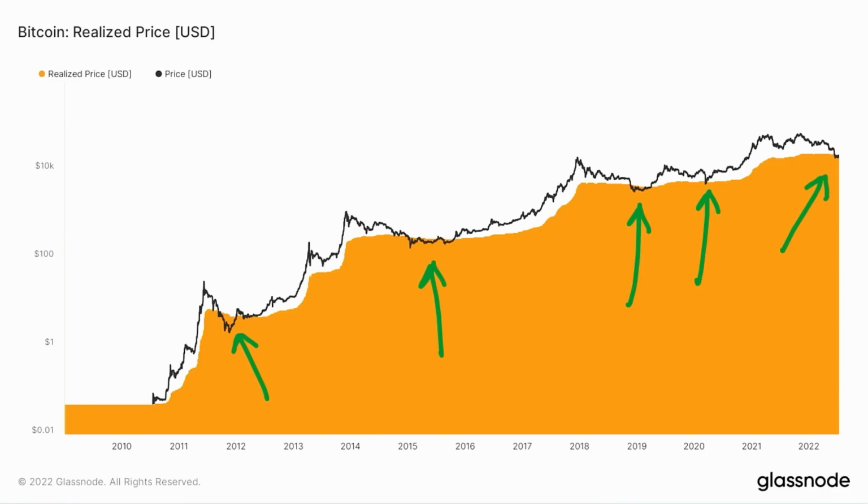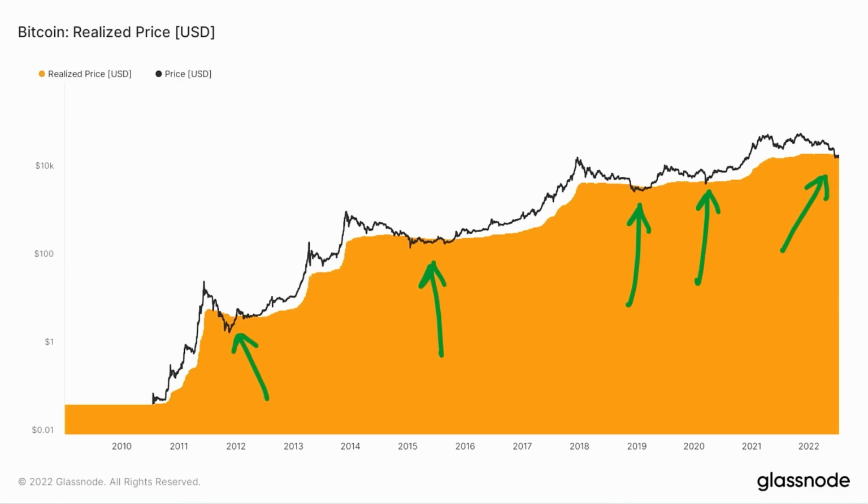Every single time Bitcoin has dropped below realized price, look what's happened to the price. Over here, dropped below it, and then we had a massive bull market afterwards. Over here, dropped below it, massive bull market. And look, this is a log scale, it's not linear. So over here, we had prices around $100, $200, $300. Yeah, I know the price back in 2015, it was about $300. It was under realized price for about half a year, and then it rallied all the way up to about 12K.